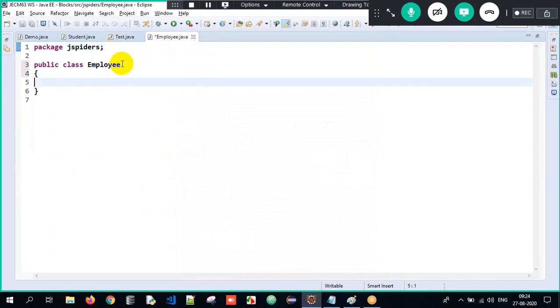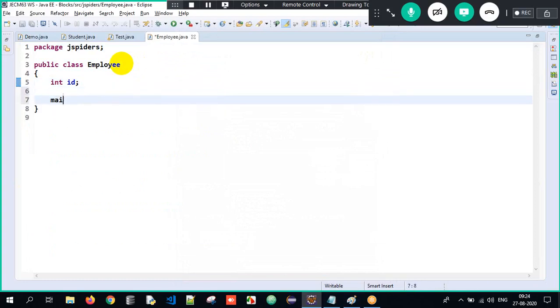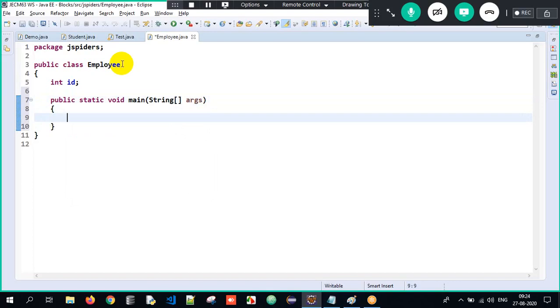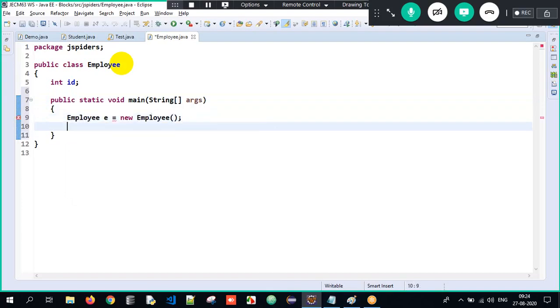Now here I will have one variable, int id. Is it a static variable or a non-static variable? Sir, it's a non-static variable, because you have not specified the keyword static. Very good. Therefore, I will create an object because it's non-static. Non-static meaning the first thing that should come to your mind is, blindly create an object. Employee e = new Employee();